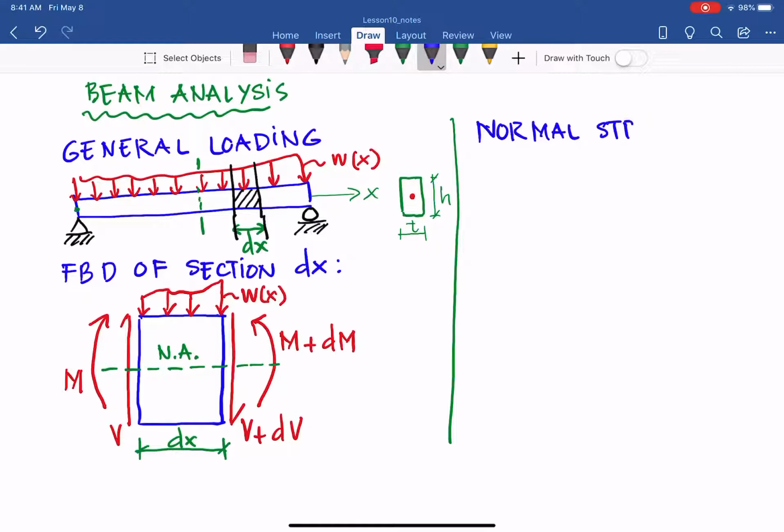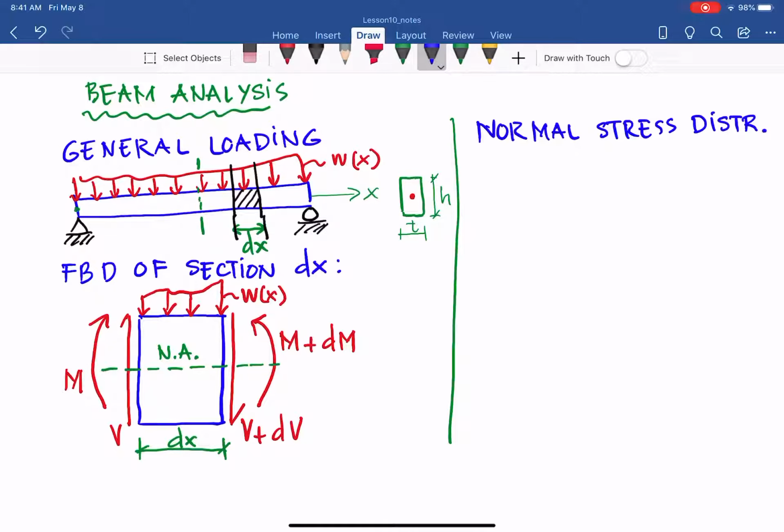So with the normal stress distribution, we already learned that when you have a bending moment, then it creates